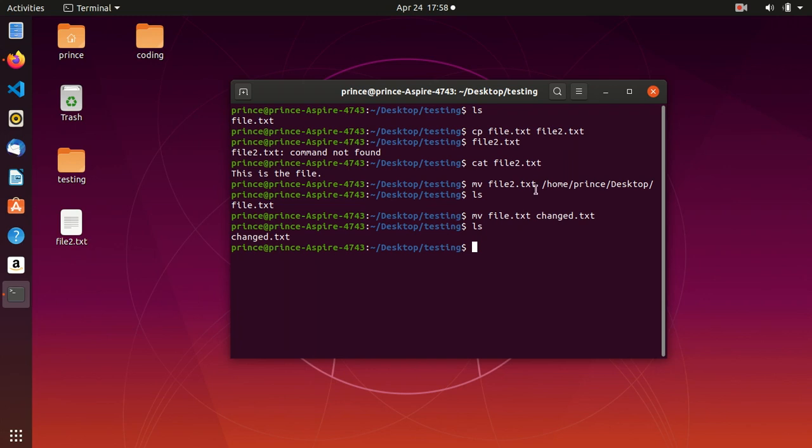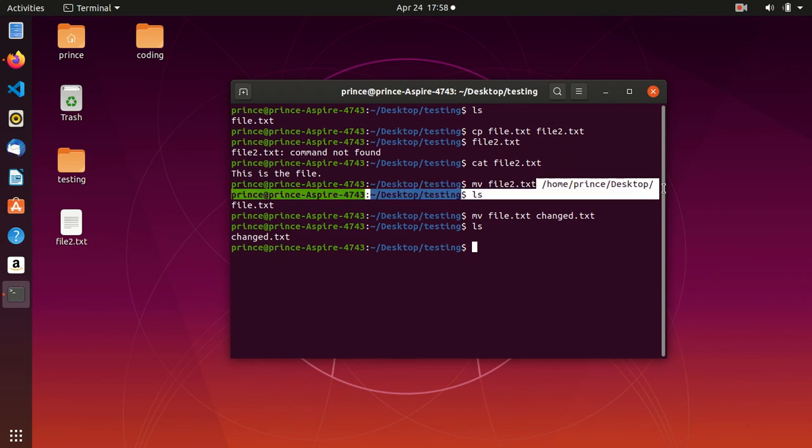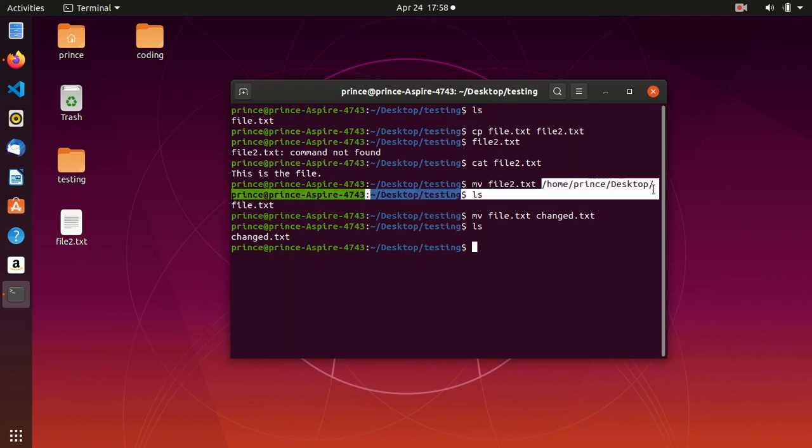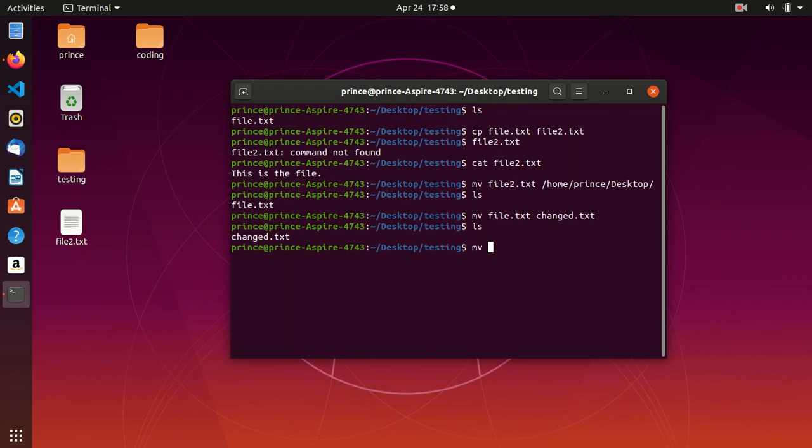So you can see over here I started from the root directory and moved from home to prince and to desktop. This is currently not the way we do things, so instead of using all of these, let's move change to the desktop also, but using a simpler version of the directory path that we have specified here. To do this, we say mv, and then we specify the tilde sign, and then the desktop. So if I hit enter,